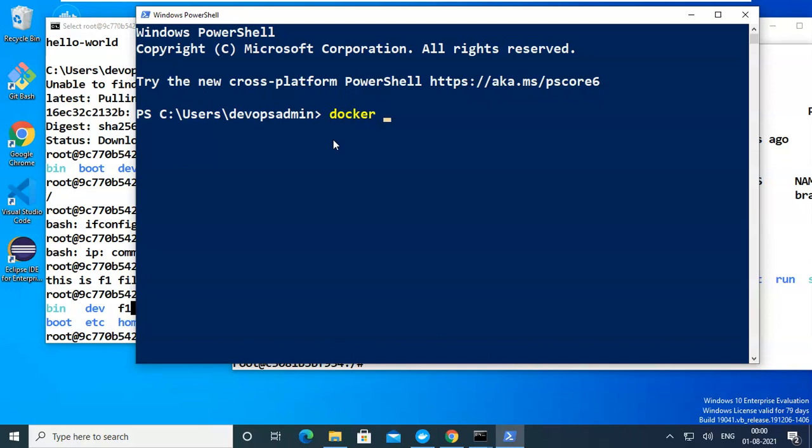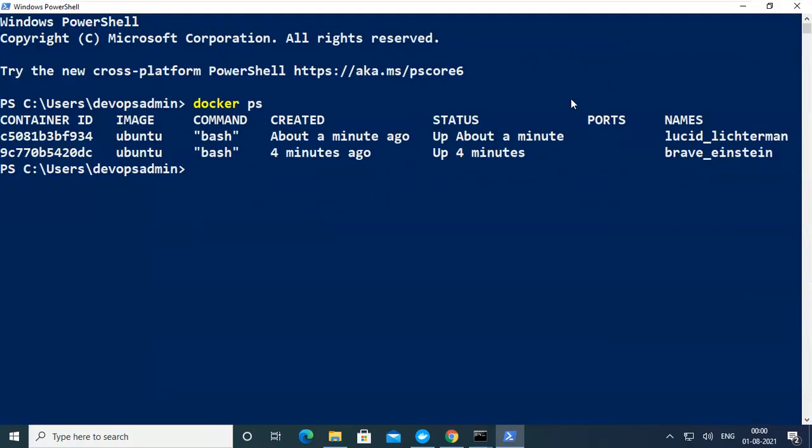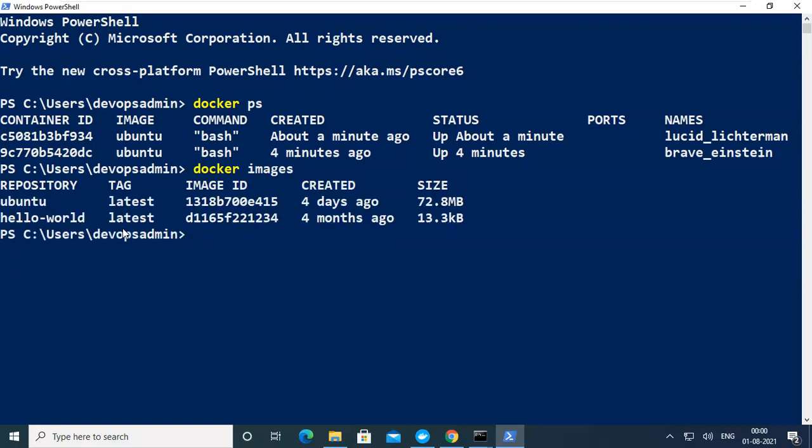Docker ps. ps is enough, not required -a. Okay, so here if you see, if I put it in full screen mode, see, the ubuntu image, the bash command, and this is the container, and this is the container. These are the two containers I created. As many containers as I create, it is the same image only. So the image is not changing. It shows only one image, Ubuntu image only. On this one single Ubuntu image, we are running two containers.